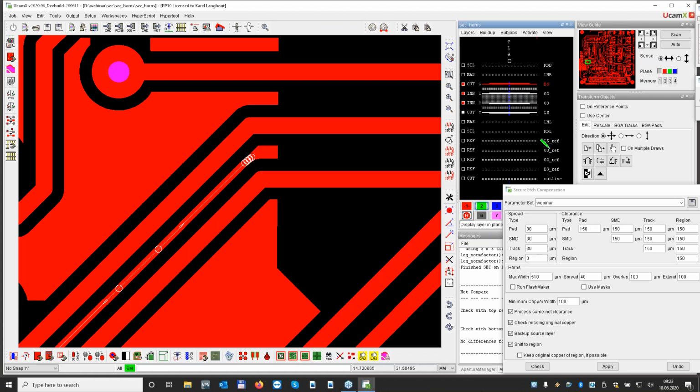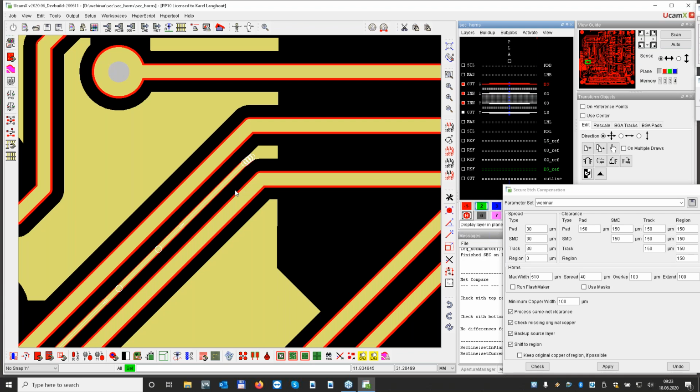If I click on the original layer, you will now see what happened. You can see already quite a lot, by the way. You can see that the tracks got their copper compensation. The pads got the compensations. The regions did not get any compensation. Okay, but you can also see here that we had the green area, or the sand color area, that was too small and that we actually put on a little extra copper here. So it ensures that we have then our 100 micron.